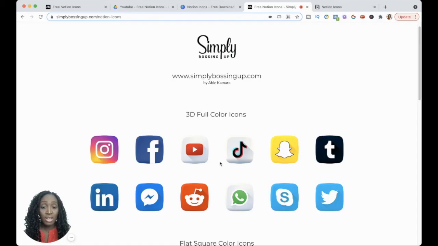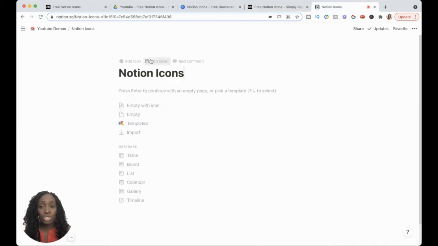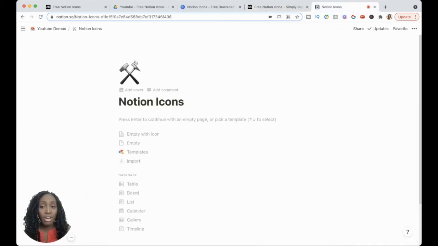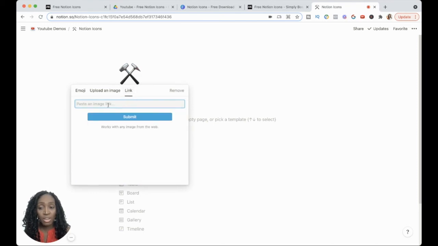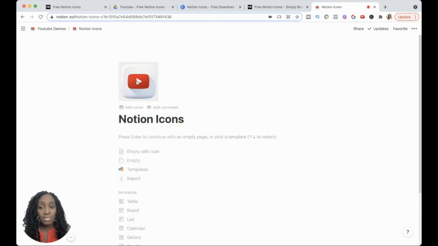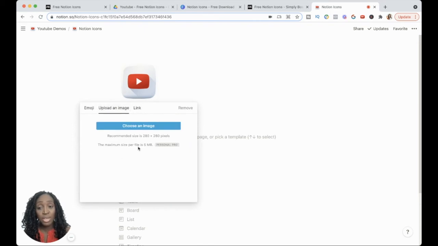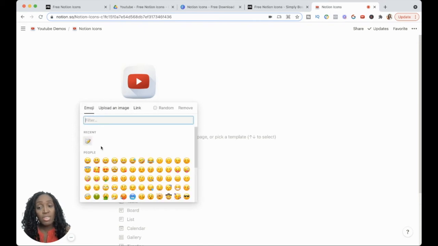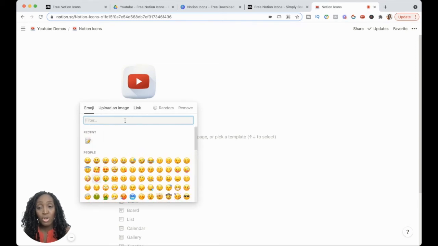You just right click, copy image address, and let's say you're in Notion here, you go to add icon, and here the link spot is where you would paste the link, hit submit, and there you have the icon. And just to show you the other ways, this is where you would upload an image. You just choose the image, and this is where you will select your emoji, and you can even search for what emoji you are looking for there.